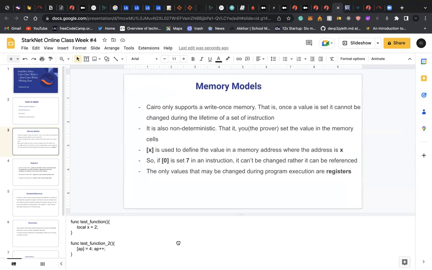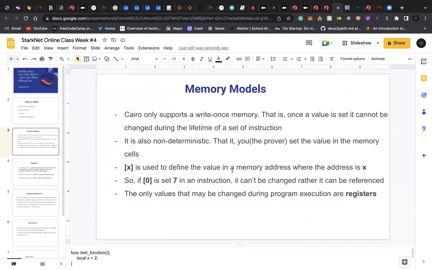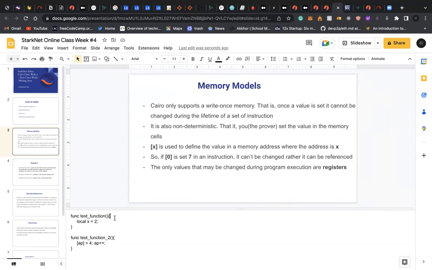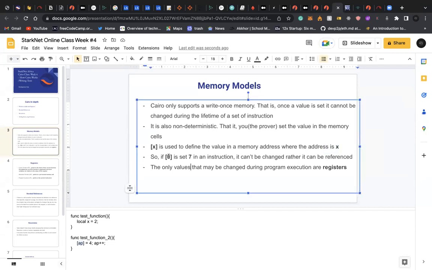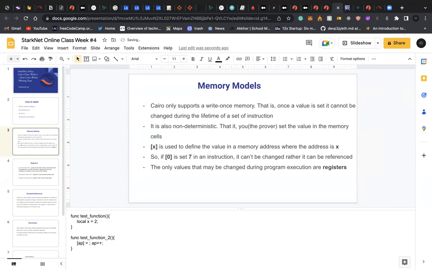In this next line, you see where I said this is used to define the value in the memory address where the address is X. Just the way I'm saying it here, this is an address. I know this is a bit counterintuitive, but in as much as I call this an allocation pointer, and I'll still explain what that means, just see this as an address right now. So for instance, if I set this to 7,